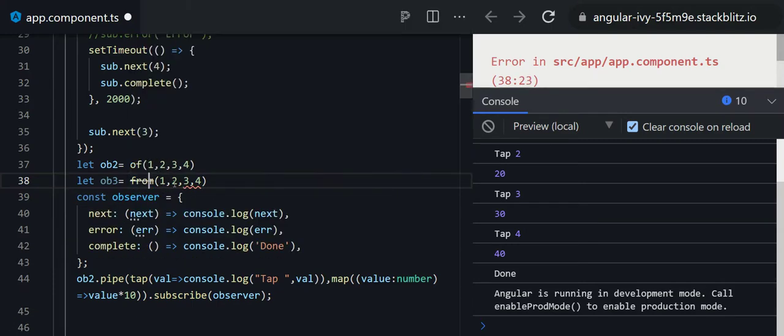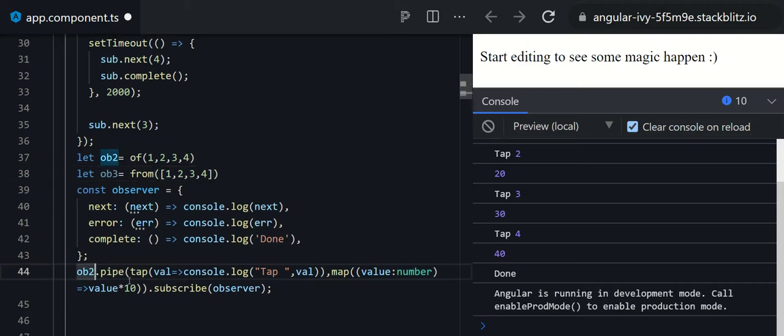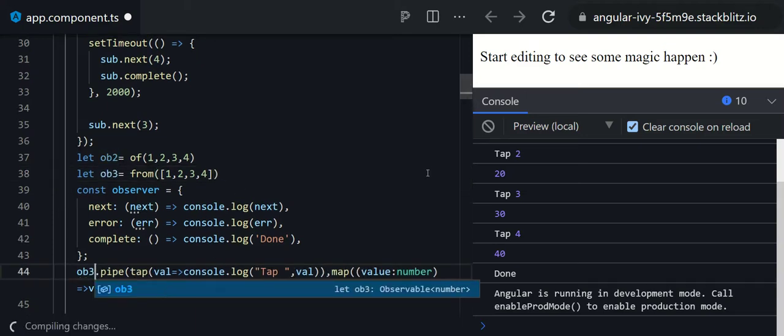The from operator takes an array as an argument, and each item from the array will get emitted one by one, and after that the observable gets completed. So here again I have to write 3,